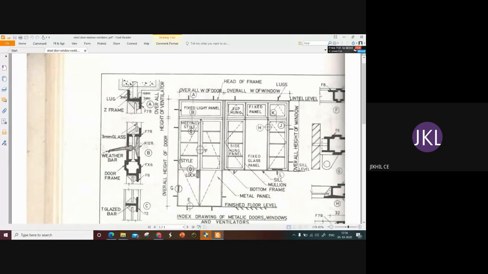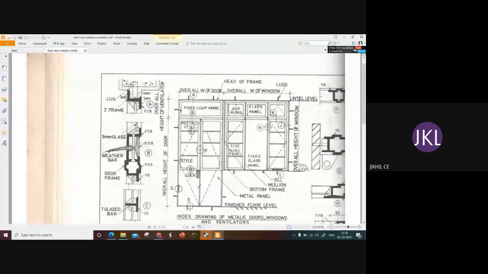As we already learned, the wooden doors, windows and ventilators are more or less easy, but still some changes are there because all the material are made of steel, or the different joinings are different in comparison with the wooden door window ventilators.